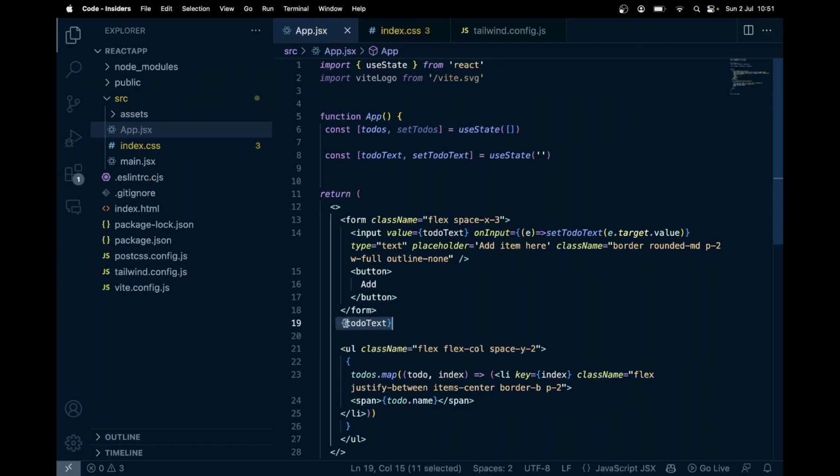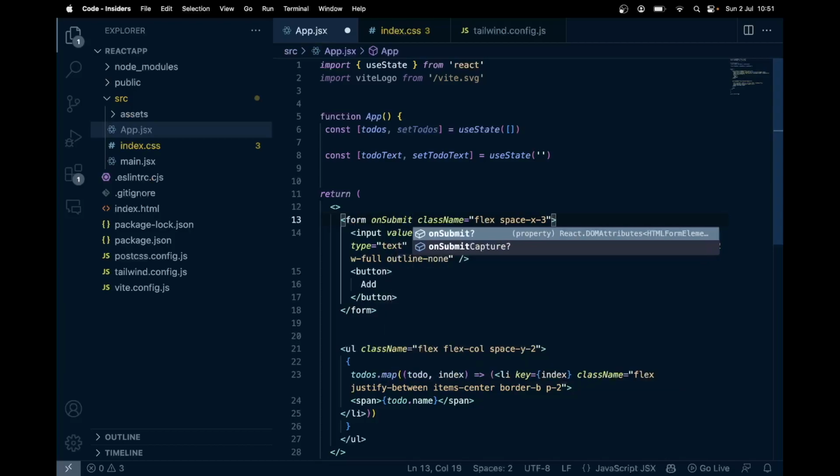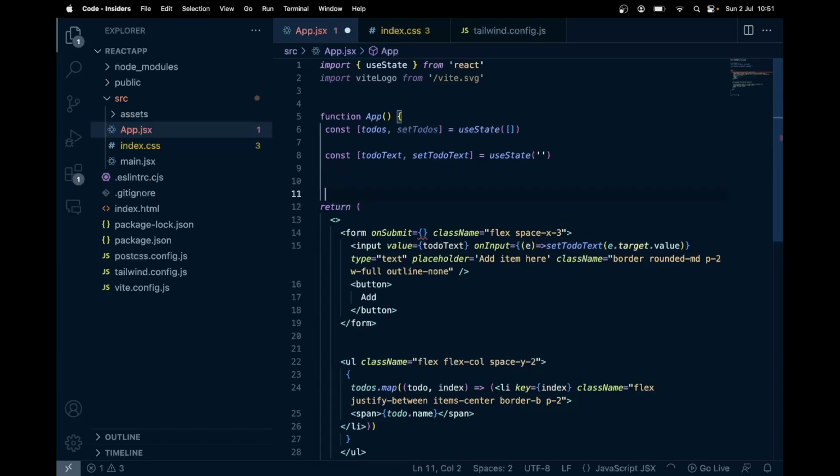Okay, so that's great. Now what we want is whenever this button is clicked, in other words, this form is submitted, we run the setTodos function so that it will just add the todoText inside our todos. Okay, so here we will have onSubmit, because submit is the event for a form. Here I want a JavaScript function written outside, bound over here, because currently we are doing it more like inline. So what I will do is here I will have a function